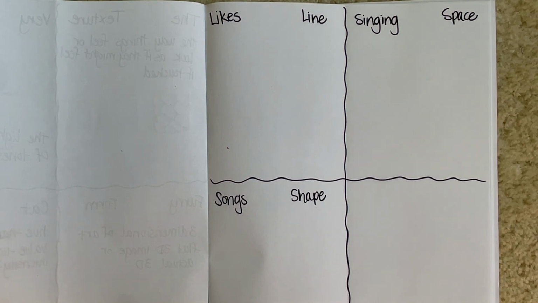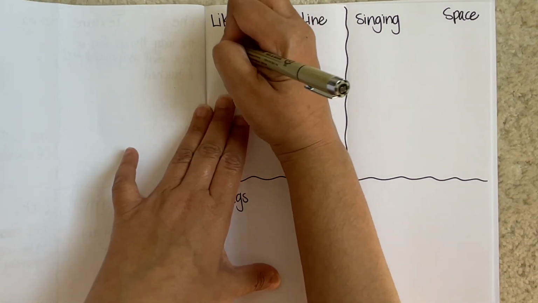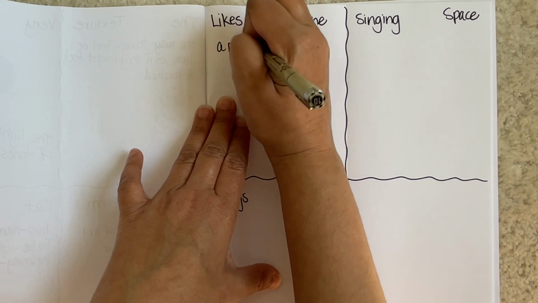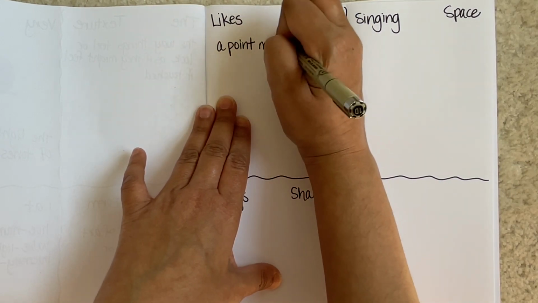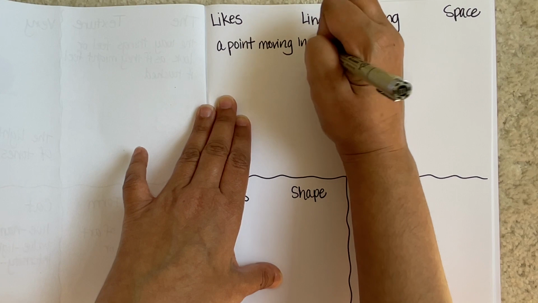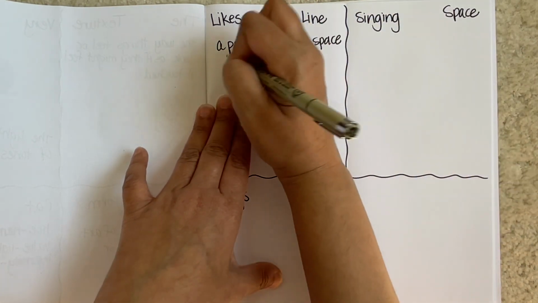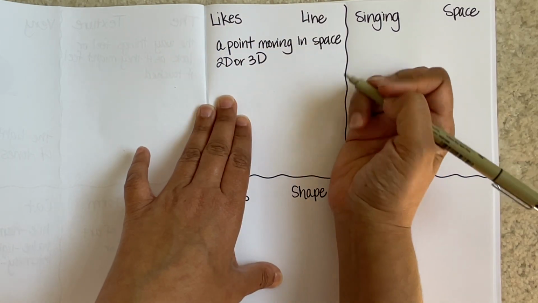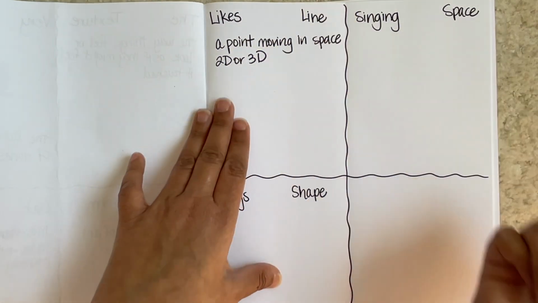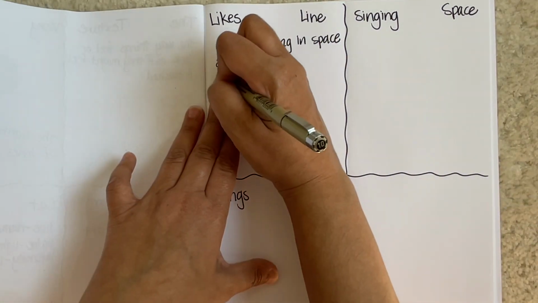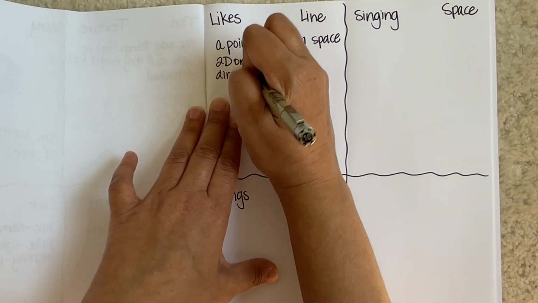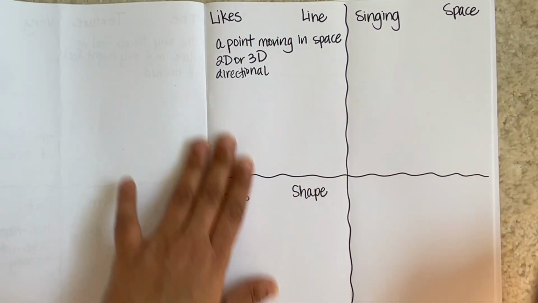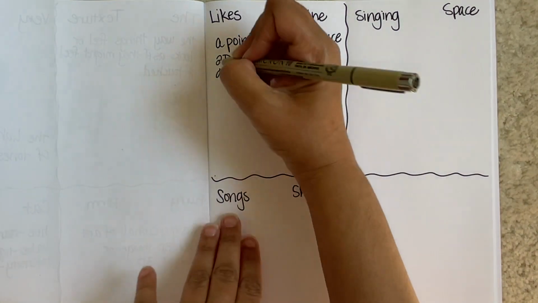Next page is line, space, and color. Line is a point moving in space. It can be 2D or 3D. And can have direction. It can have directional movement. So